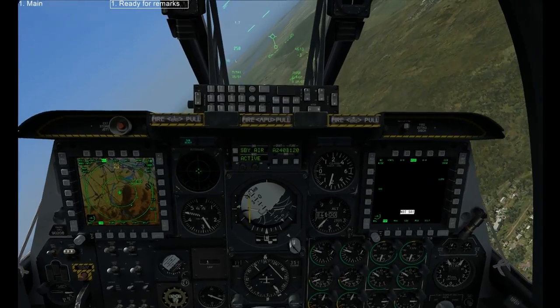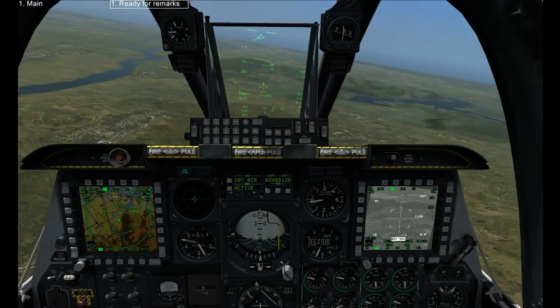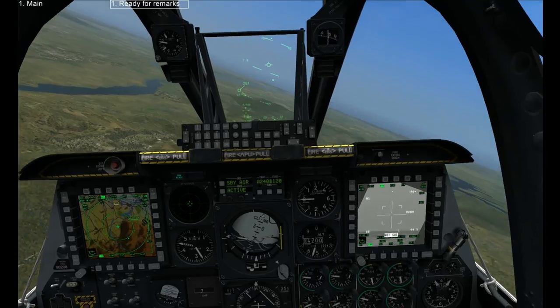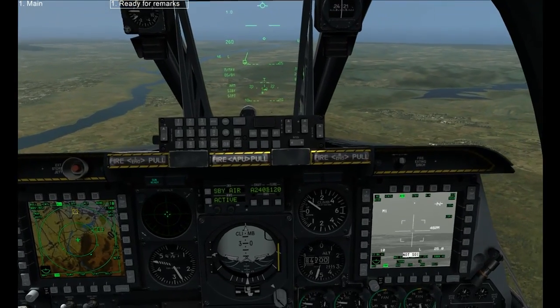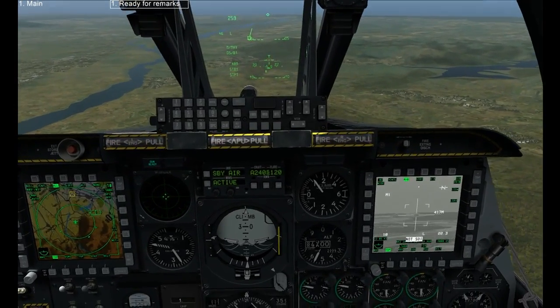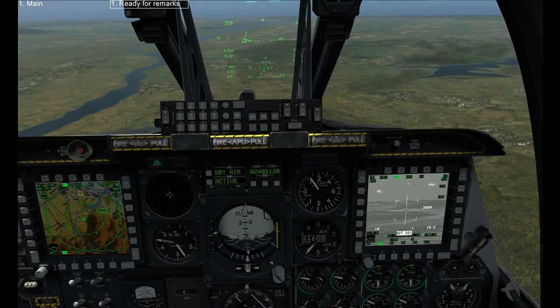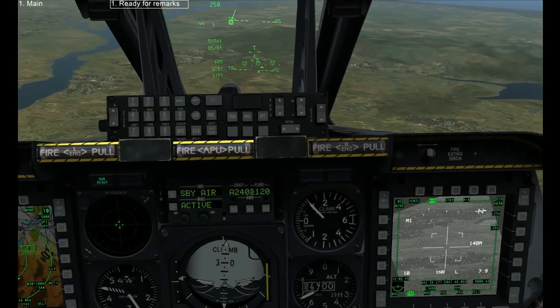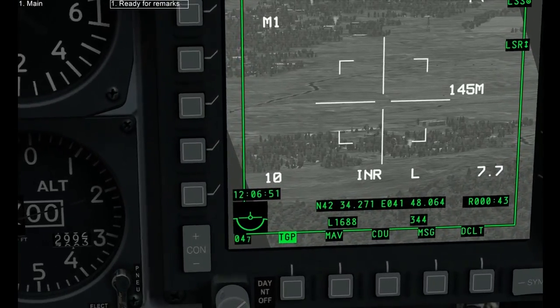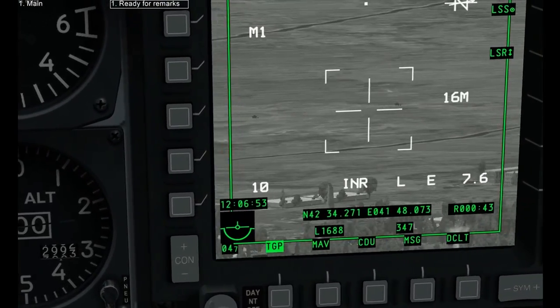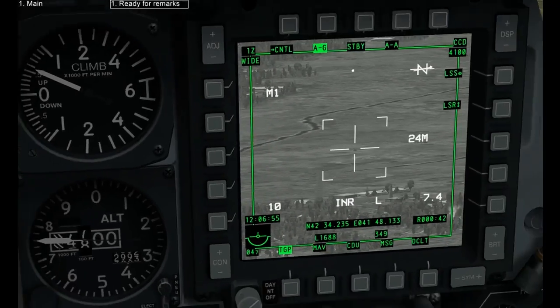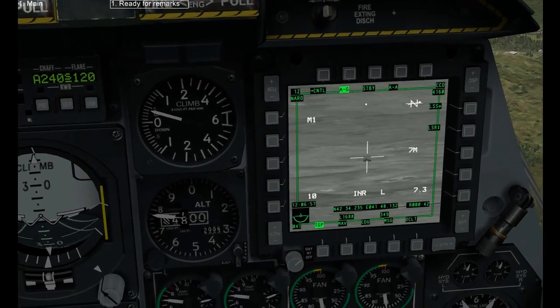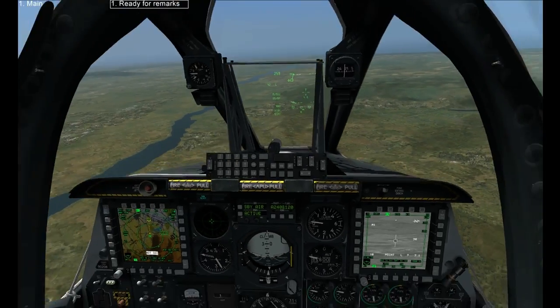Switch on our TGP. I'm going to slave it to that location, and we should have some targets. Yeah, and we can see some targets there. So I'm going to quickly designate some of these targets with mark points, and I'm going to do this with